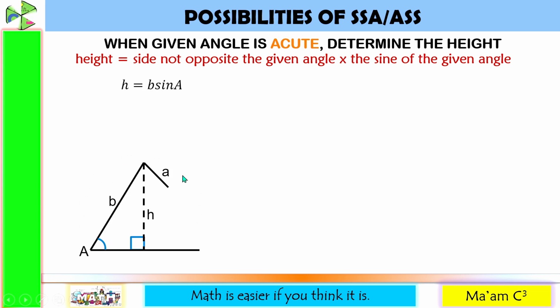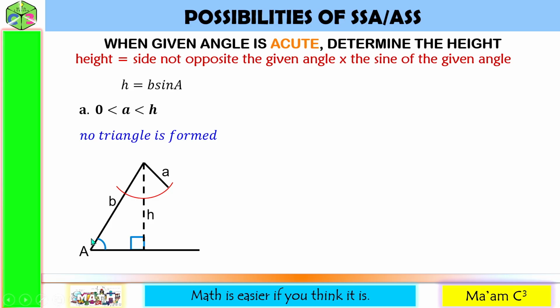Let us examine this further. You will notice that the side opposite the given angle is shorter than the height. In symbols, that would be A is less than the height. This arc here measures the length of this side. So whatever is the length of this side, it is projected across the height and the other side given. And you will see that A is less than the height. A is less than the height, but it is greater than 0. It is greater than 0 because there is still distance here. And you can see that there is no triangle formed.